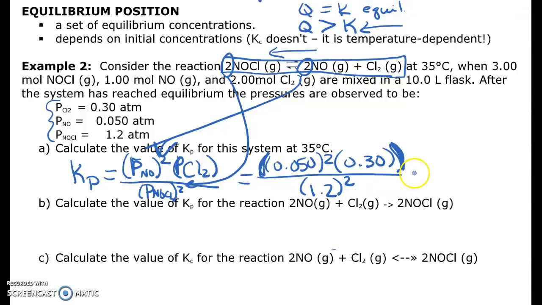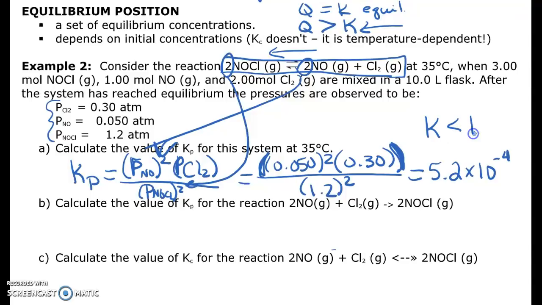If you do all of that math, you should get 5.2 times 10 to the minus 4. Remember with K values, this is not the same K as the rate constant k. This is a capital K. With these K values, we typically don't use units. We just use the value and its relevance to the number 1. Since this number is a lot less than 1,